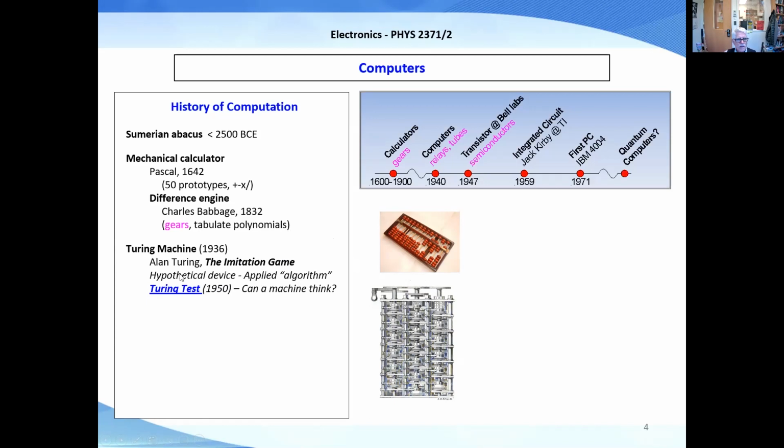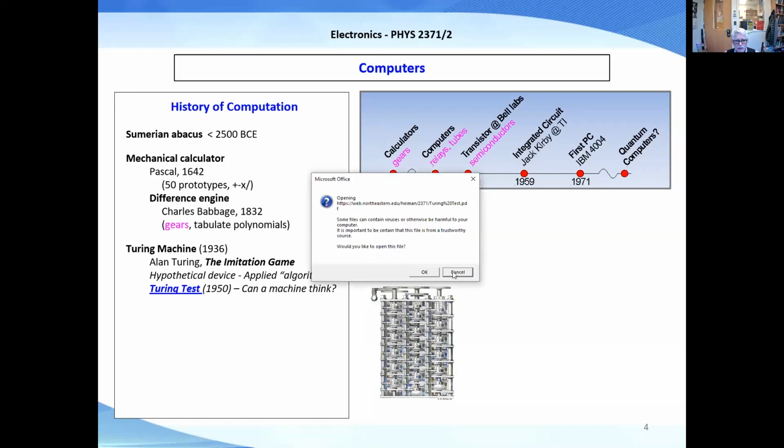Turing considered a hypothetical device, and he came up with the idea of an algorithm, that you have some input and you want some output, and then you have a set of instructions that leads you from the input to generating an output. He had a very interesting paper in 1950, the Turing test. Let me see if I can